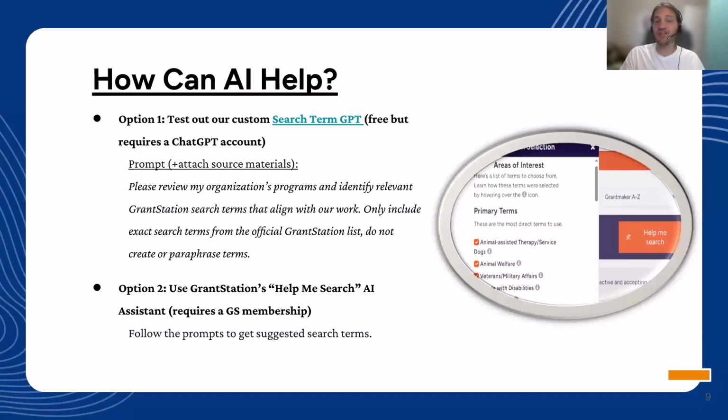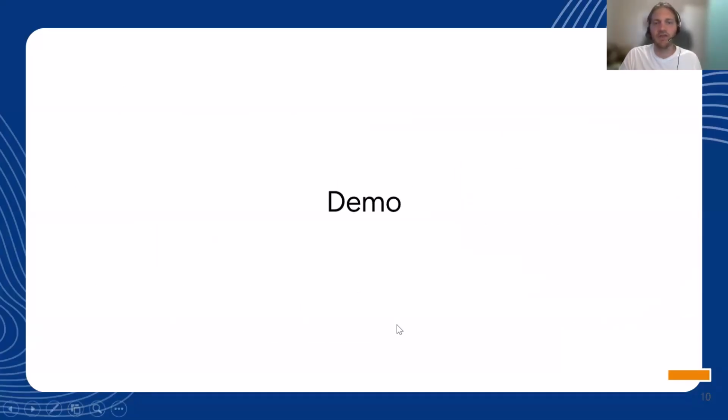Option number 2 is to use GrantStation's Help Me Search AI Assistant. This does require a GrantStation membership, but it does exactly what the search term GPT does, for GrantStation members. So we're going to look at both of these options just to give you a better idea of how this could work. So I'm going to jump over to